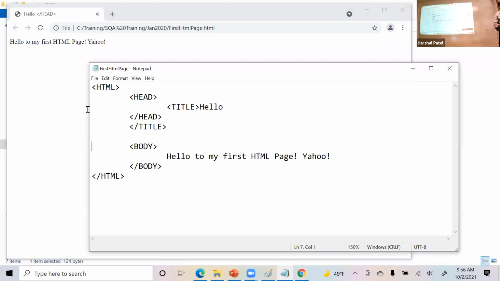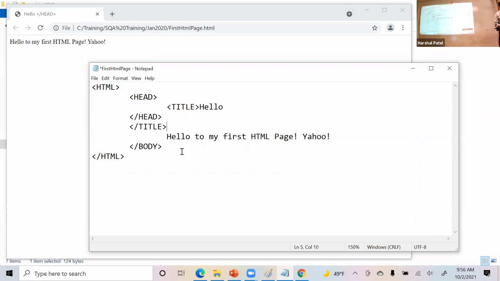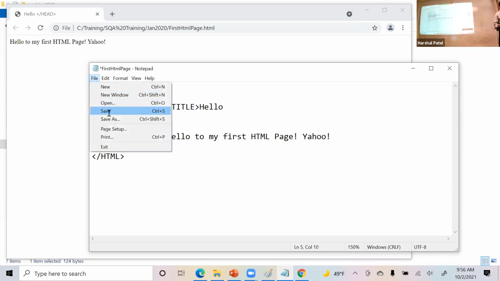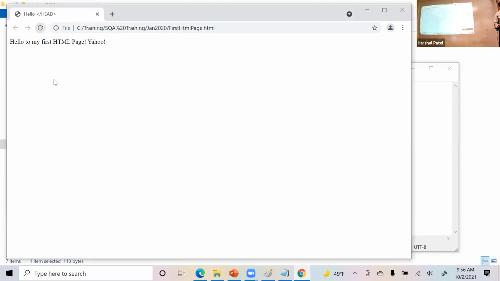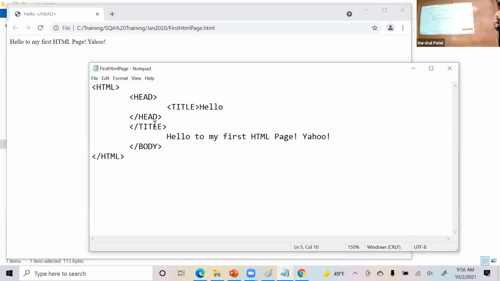Okay. Another example, you can just say, hey, what if I do it completely? So now I have a body tag which is missing. Look what it did. It ignored some things, right? So now my behavior is no longer predictable. So the key thing is that if I want everything to be displayed properly,